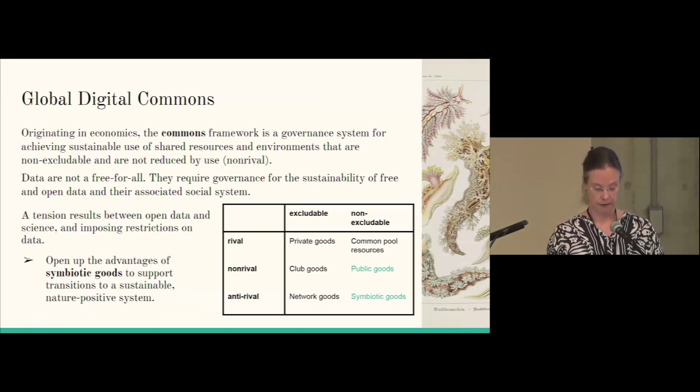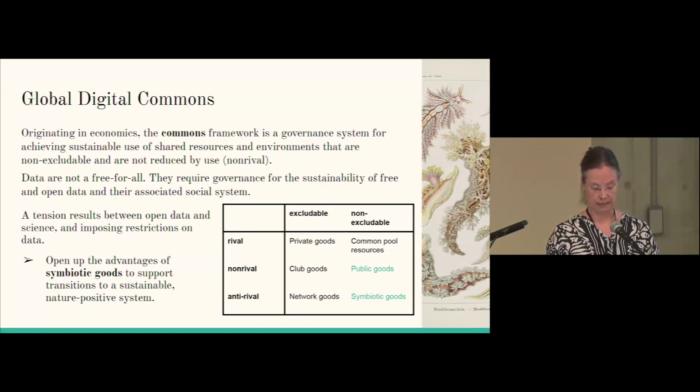Looking forward, we require more discussions about what the global digital commons, a governance framework originating in economics, means for our communities and how it might move us towards a sustainable open science environment. Data, information, and knowledge are not a free-for-all, open for grabs without consideration of the context from which they originate, the services that make them available, and the many people that maintain them. Currently, we experience in our discussions, infrastructures, and interactions, up to policy negotiations, decisions, and legislation, a tension between